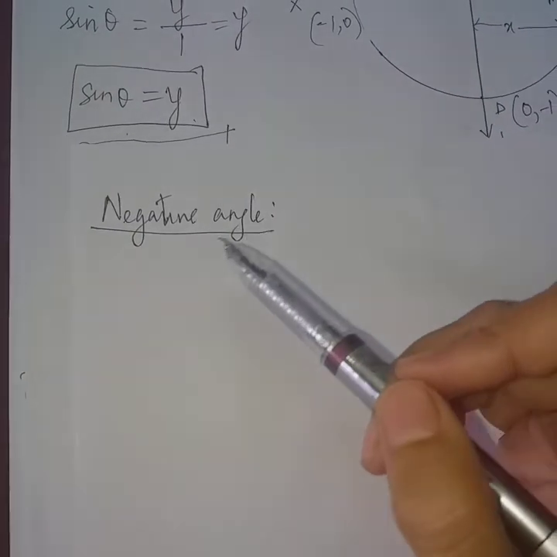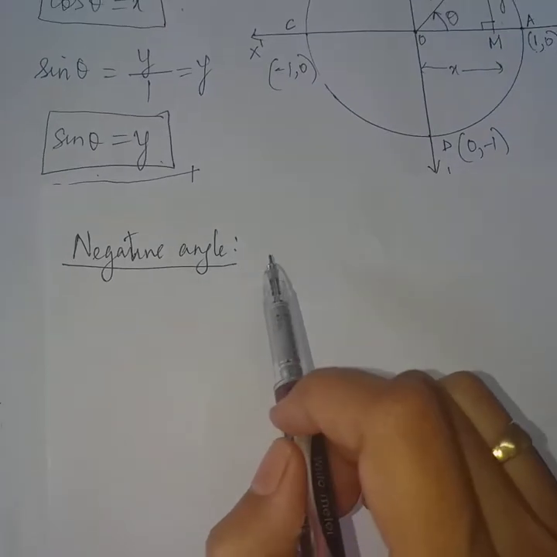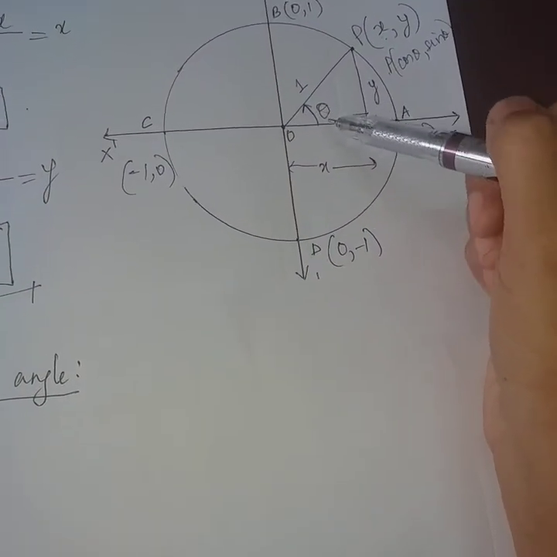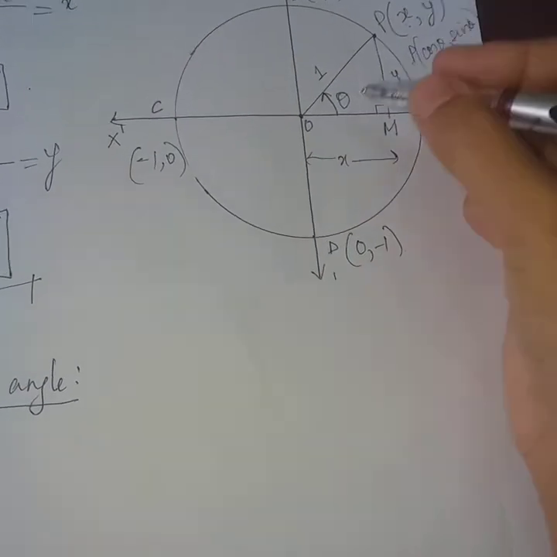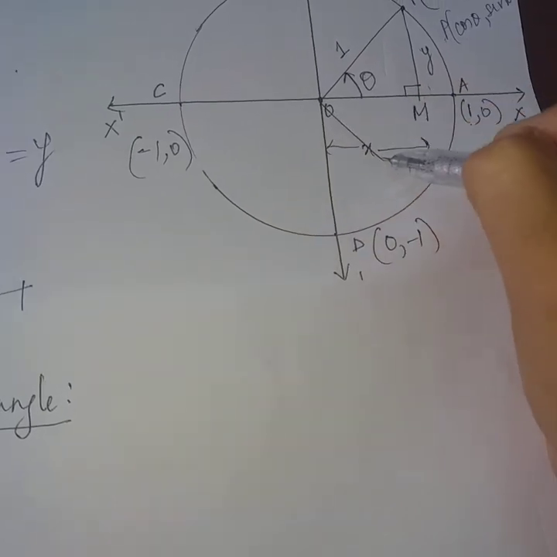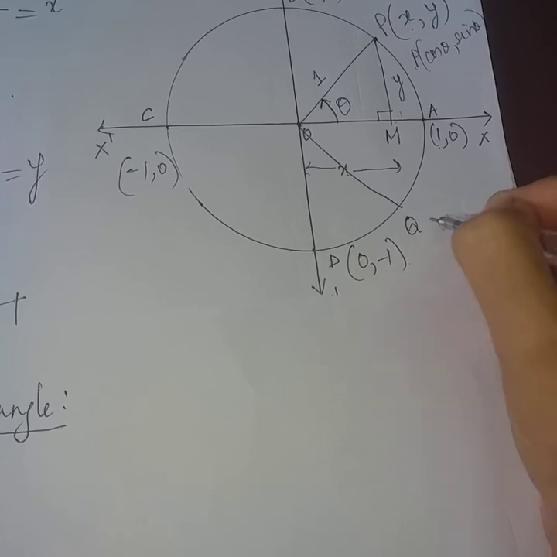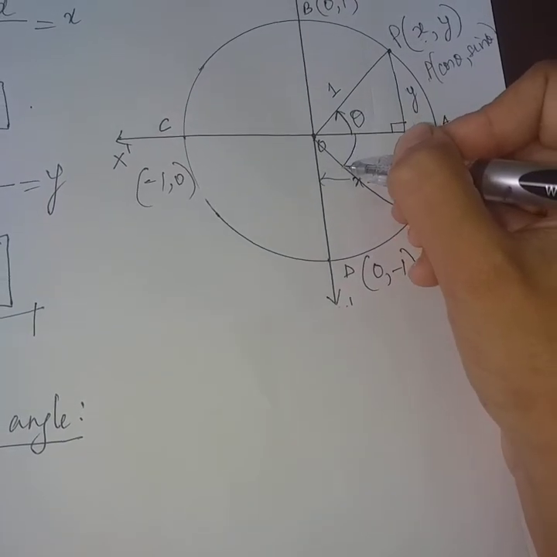Now we will see the trigonometric ratios for negative angles. We have seen them for positive acute angles, where theta is a positive angle rotating in the anti-clockwise direction. Now suppose we take the same figure, say this is PQ. Now suppose this line rotates in the clockwise direction,